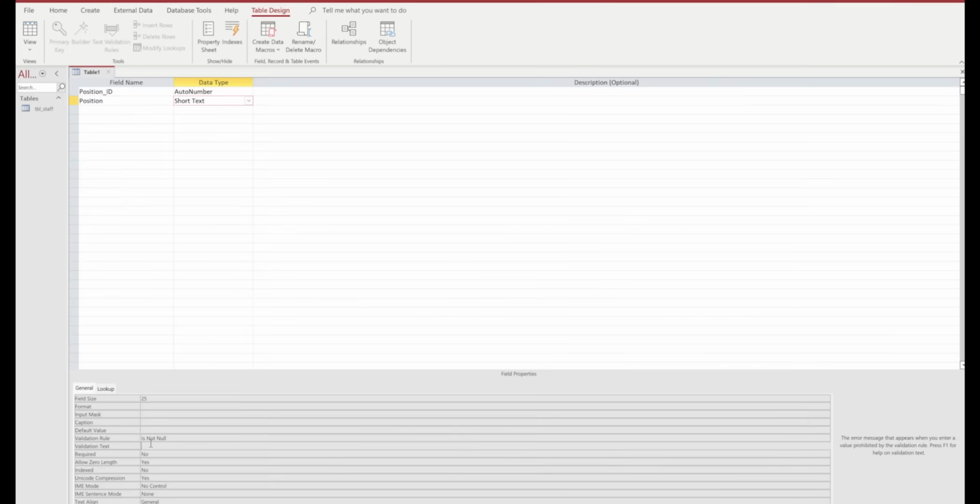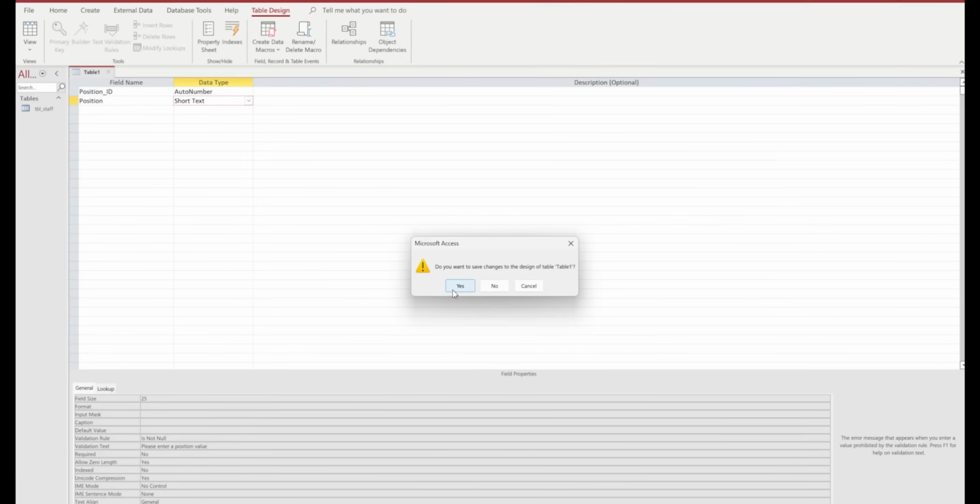And then we're going to put in, please enter a position value. Now, it's not that you need to do that, but if you just get into the routine of making sure that things that are required, that should be in a table, are not left as blank, then that would be good practice. So I'm just going to click on the X on the option for our tab here, and notice